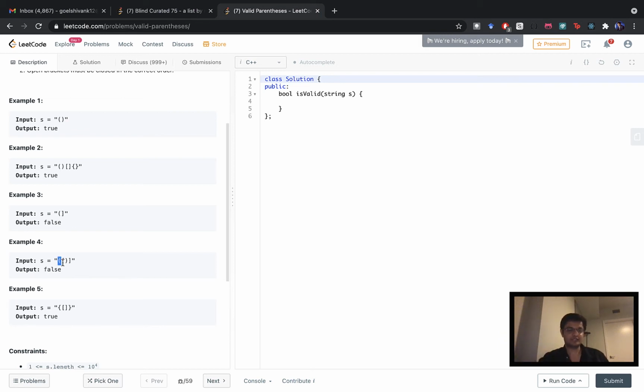For example, in this case, we'll have a circular opening bracket and a square opening bracket, and then we push both of these to the stack, and then we encounter a circular closing bracket, but then we check the top element in the stack, which is a rectangular opening bracket. So this is not a valid expression. So let's quickly see how we can implement this in the code. So we'll have a stack of characters,